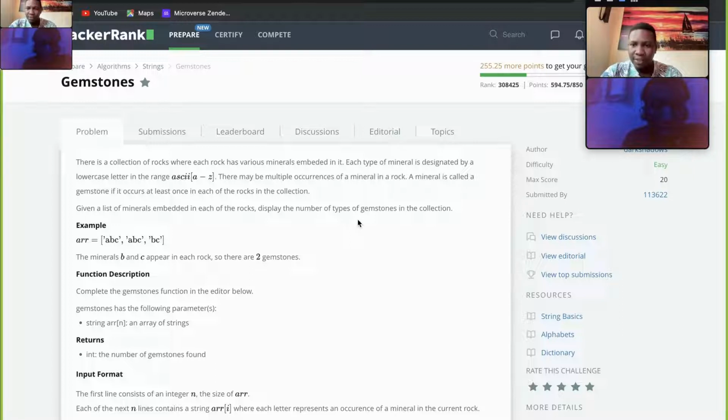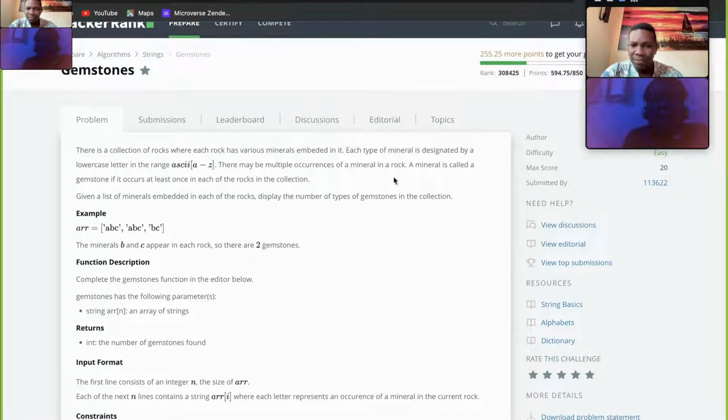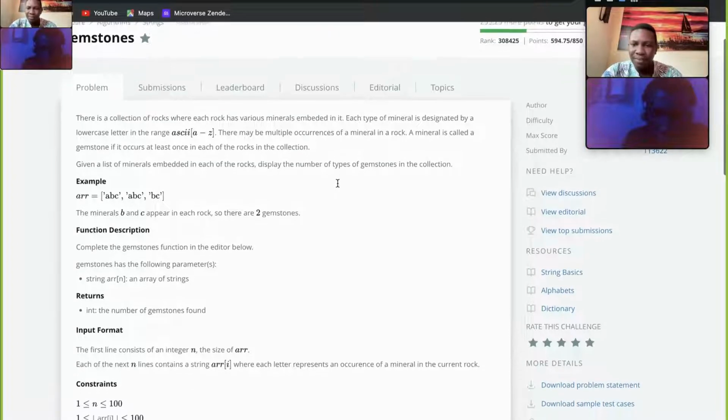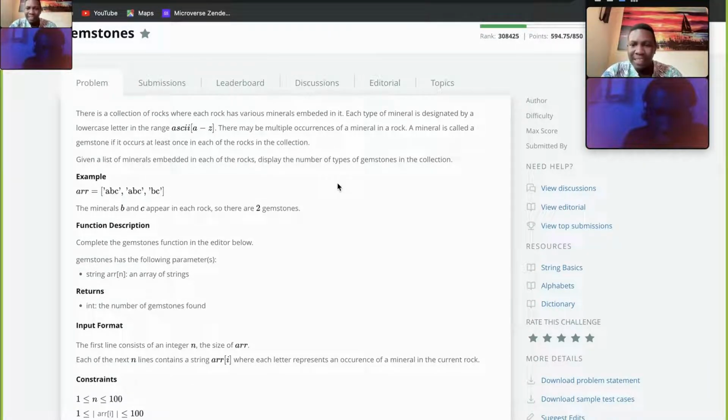So the question says there's a collection of rocks where each rock has various minerals embedded in it. Each type of mineral is designated by a lowercase letter in the ASCII range, that is from a to z. There may be multiple occurrences of a mineral in a rock. A mineral is called a gemstone if it occurs at least once in each of the rocks in the collection. Given a list of minerals embedded in each of the rocks, display the number of types of gemstones in the